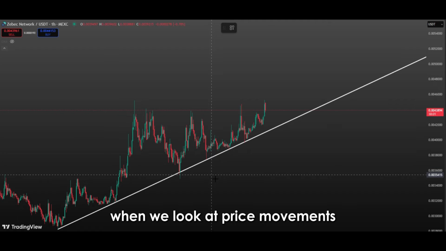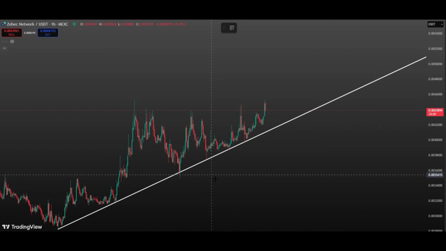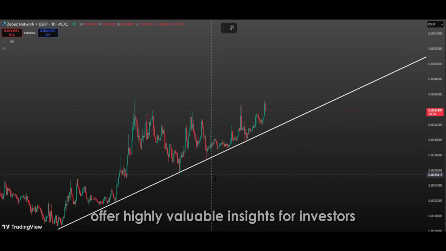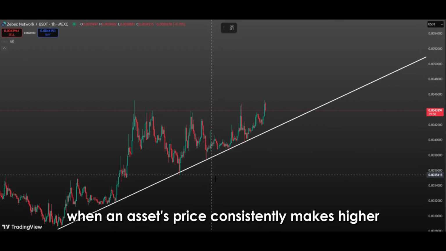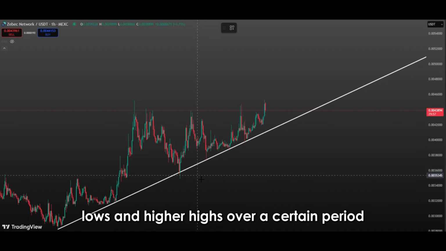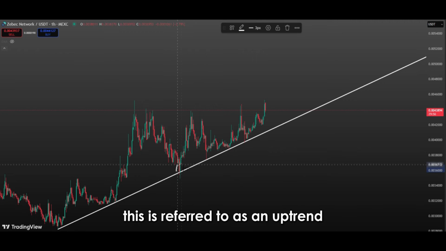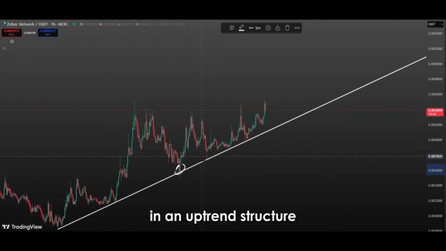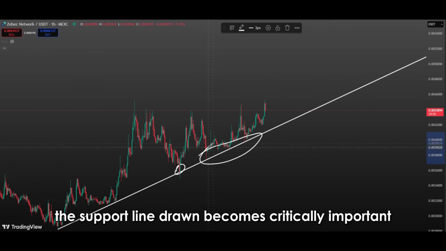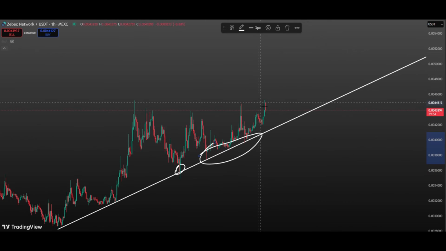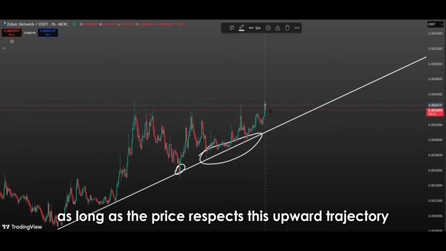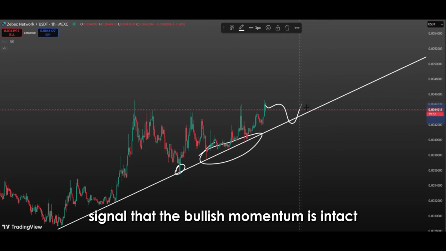When we look at price movements in general, trend lines, commonly used in technical analysis, offer highly valuable insights for investors. Especially when an asset's price consistently makes higher lows and higher highs over a certain period, this is referred to as an uptrend. In an uptrend structure, the support line drawn becomes critically important for investors. As long as the price respects this upward trajectory, it is seen as a strong signal that the bullish momentum